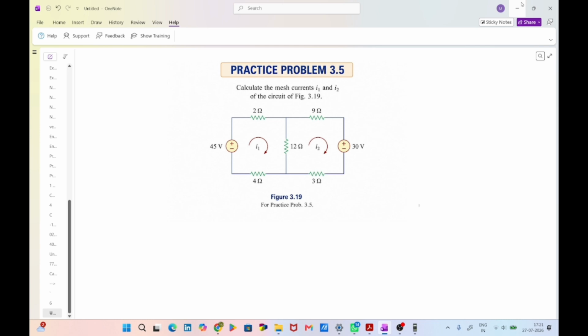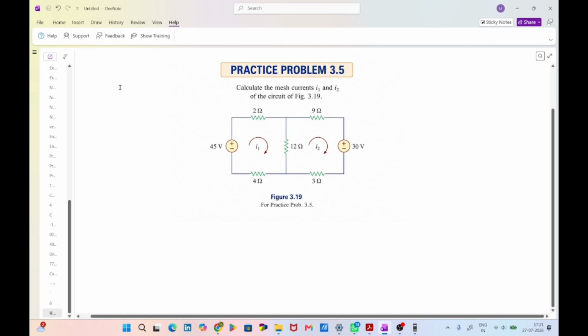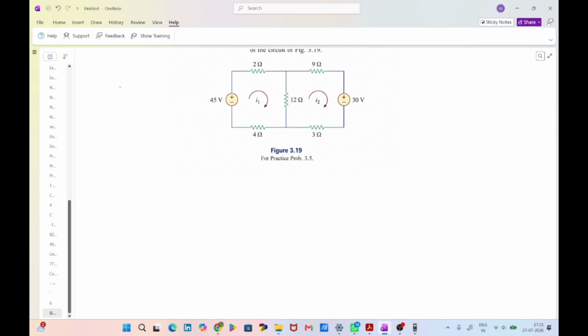Calculate the mesh currents I1 and I2 of the circuit of figure 3.19. Okay, we need to find I1 and I2. For that we need to apply KVL at loop I1. We slightly move this above, and apply KVL at loop